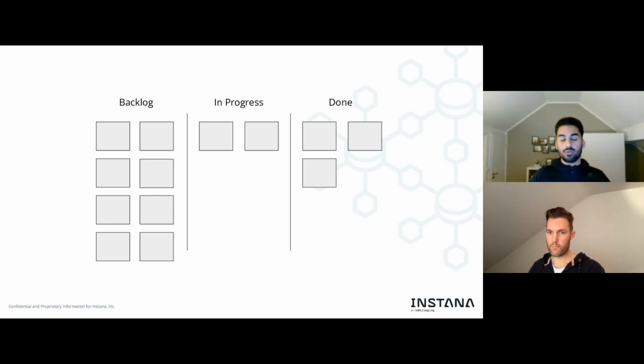Are we actually able to do seven cards at the same time, or 6 cards? You also start slicing your work into far better portions. It doesn't make sense to have one huge feature as one card or story and put it into progress, because it will block the lane for a long time.